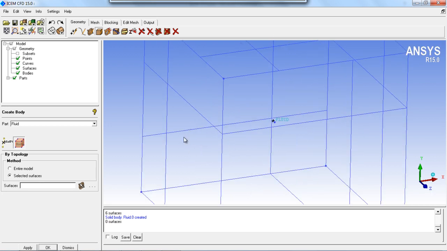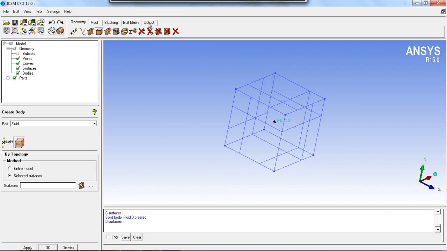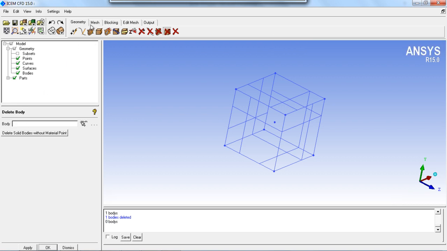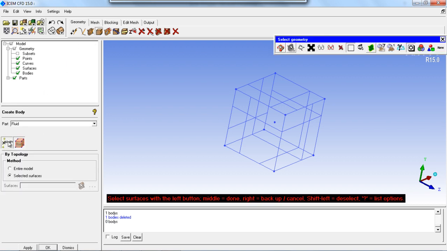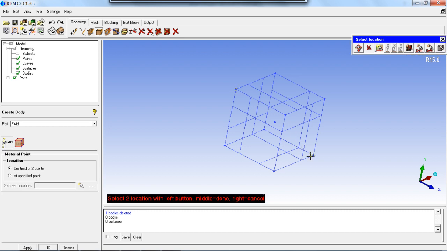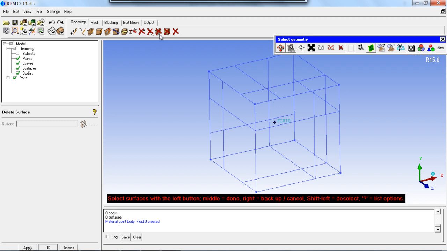Again you will get the body point at the center of the body. Again delete them and create the body point at the center of the 2 points.